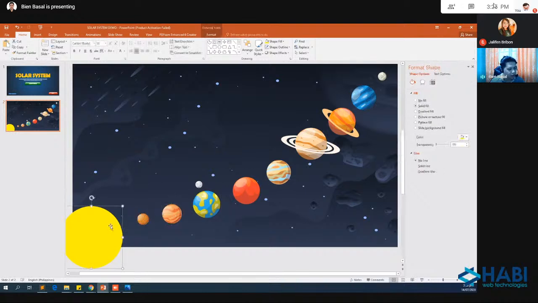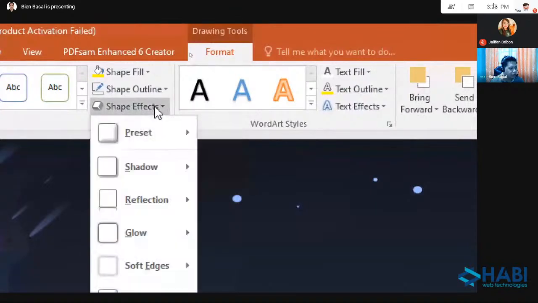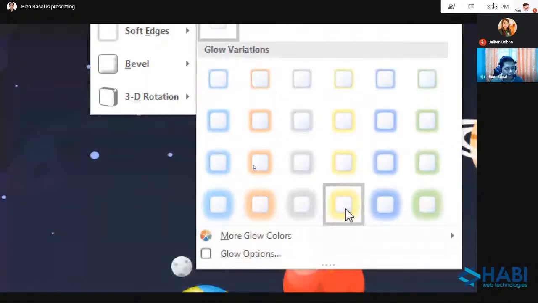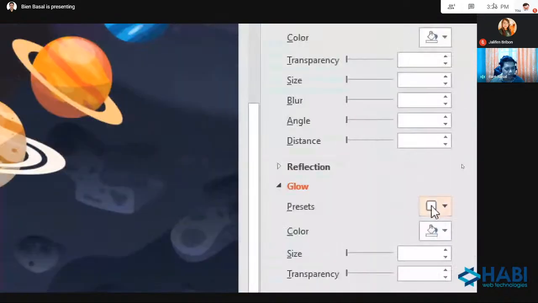And while your shape is selected, I will proceed here in the Format tab. And we have here the shape effects. I will use glow. This one, glow. I can select this one. Or I can select glow options. So I can control the glow.